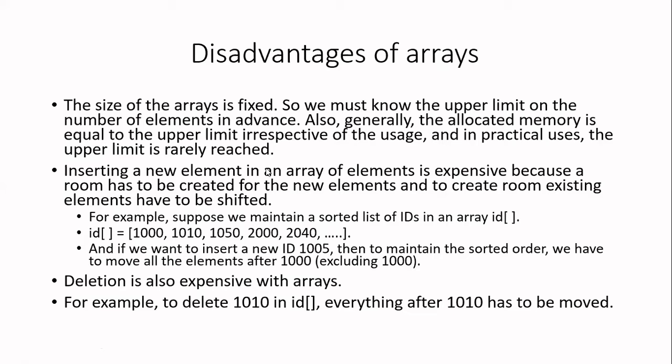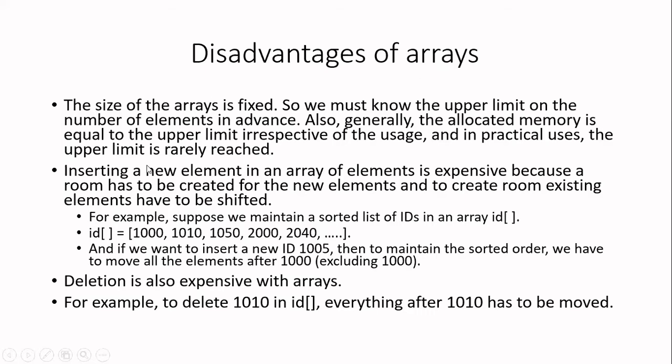So in case of an array, we are always allocating more memory, but in practice, we will not use the maximum memory. If you are allocating for 1000 elements, you will be using only 50 or 60 elements. The remaining are wasted. But always we estimate more and then allocate it, to avoid other problems. So in practice, this method wastes most of the memory, and that is one of the disadvantages of arrays.